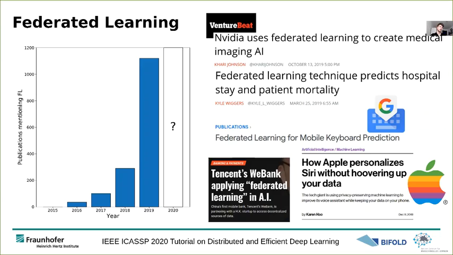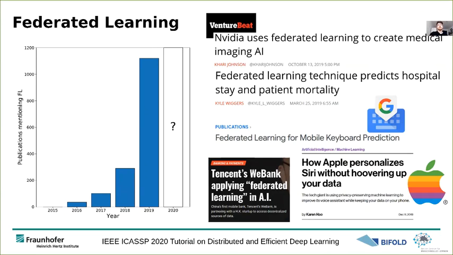As you can see, the number of publications has more than doubled every year since 2016. If you're a researcher, it's a very good time to step into this field and get your hands dirty and be part of this new privacy revolution that is taking over